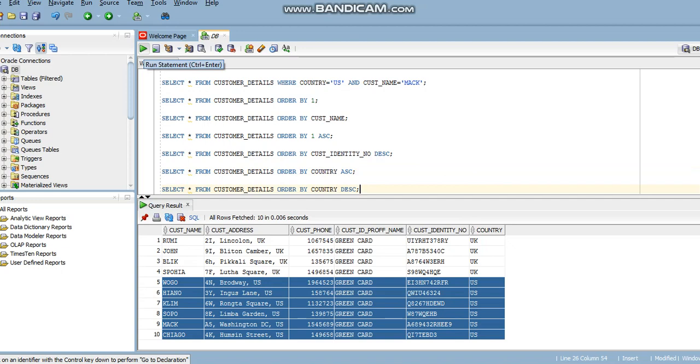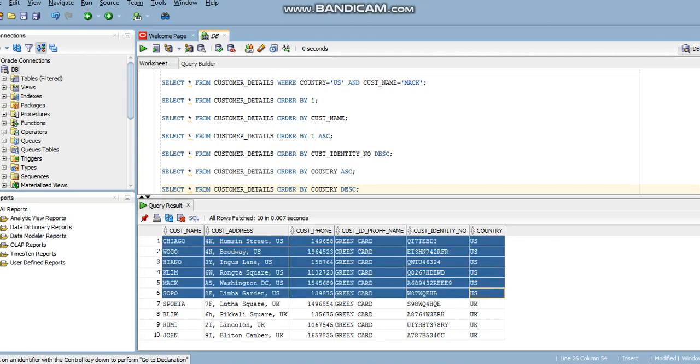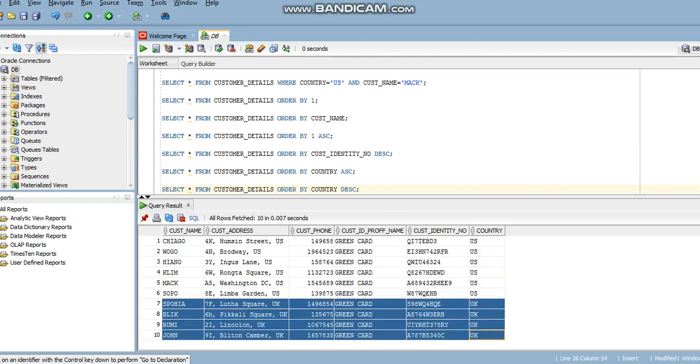If we reverse the order to descending, the output will also get reversed. As I have run the query select star from customer details order by country descending, we get the output as reflected here: all the customer data who belong to US at the top, and then all the customer data who belong to UK.